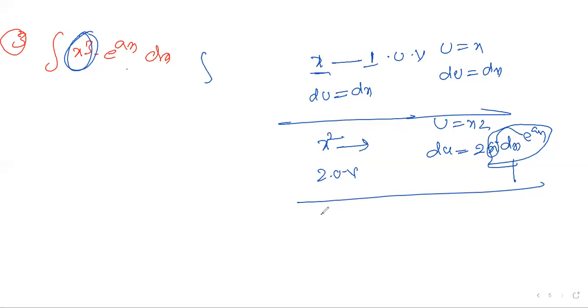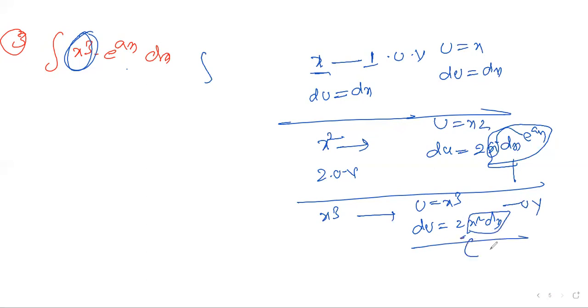Then here x cube is there. So the concept is: one time you can take x cube, then du is equal to 3x square dx. One time UV is done. Then the second time x square dx will become, so automatically another UV will come, and another UV will come. So by looking at the x cube or some other x power, you can easily understand how many times it will take to reach your answer. So that is the extension here. So with x cube, UV will come 3 times. Okay, right now I don't want to do that. I'll give this hint and move forward.